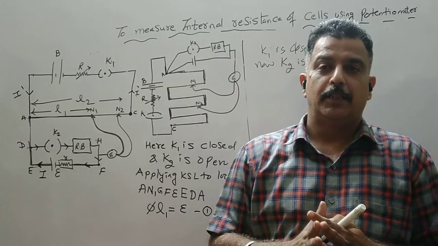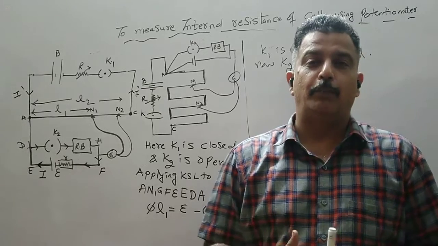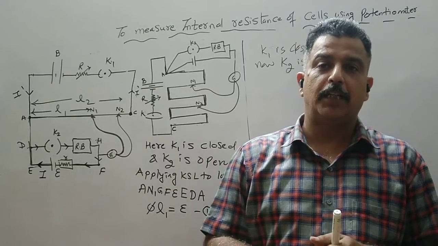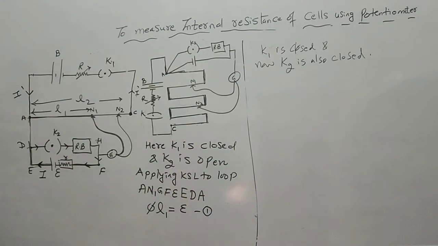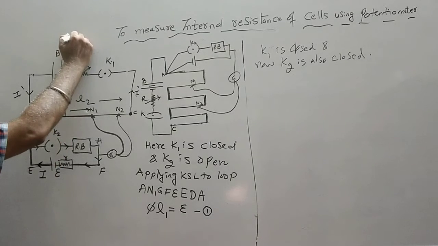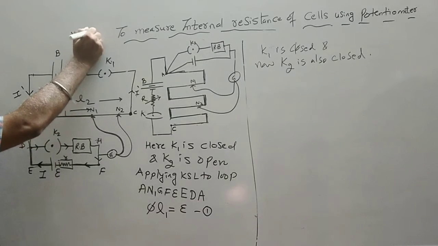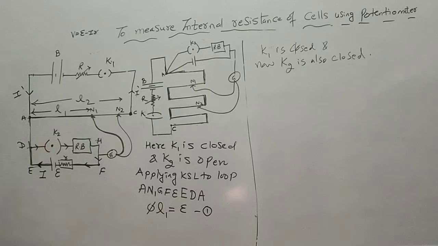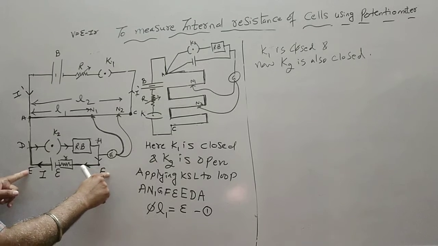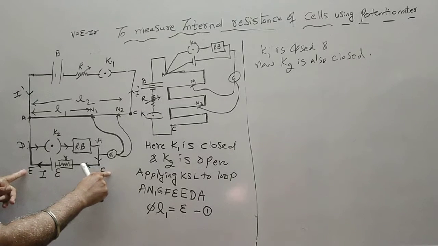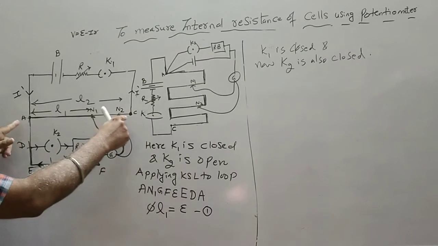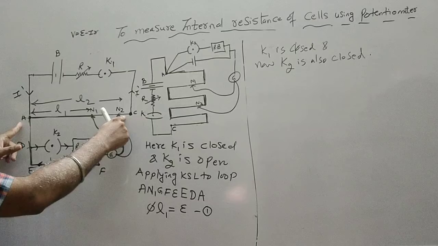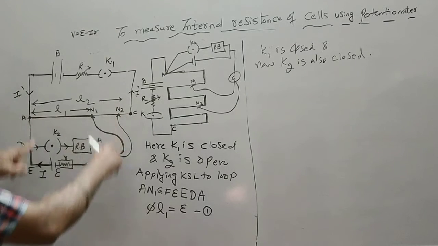It means now we will get a terminal potential difference. So what will be the terminal potential difference? Terminal potential difference V is equal to E minus IR. That is a terminal potential difference. So EF, we have a terminal potential difference. DH, terminal potential difference. AN2, that is a terminal potential difference. These are the parallel combination.